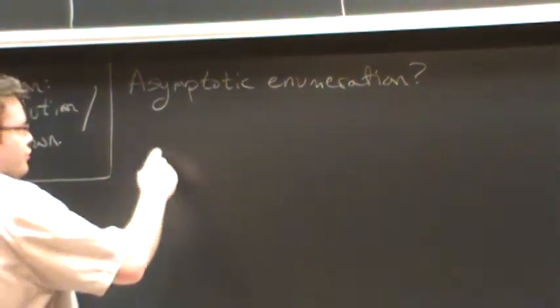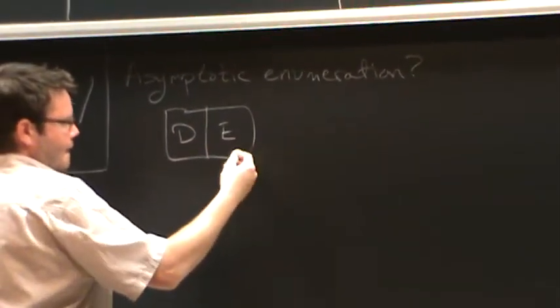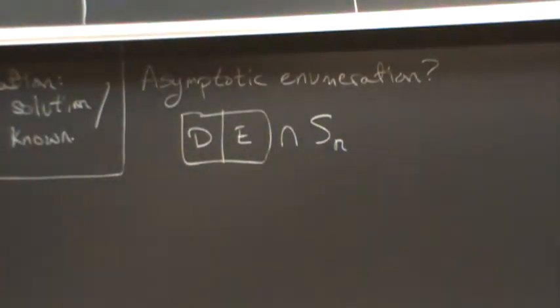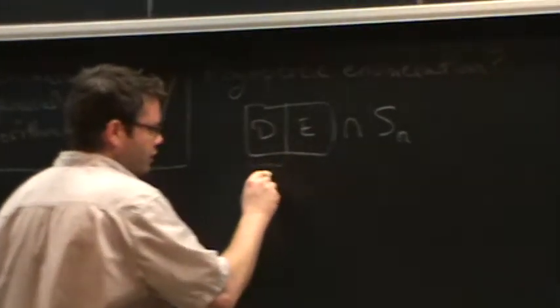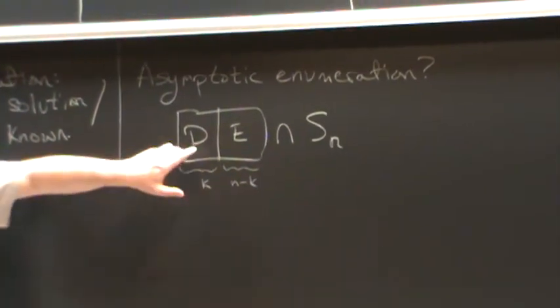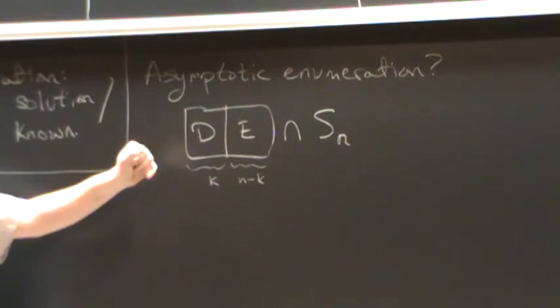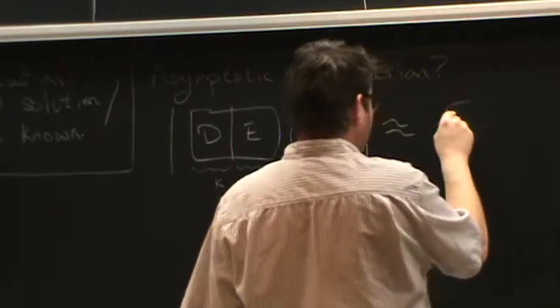Well, here there is a nice answer. If we take the number of permutations in this juxtaposition of length n, well, how do you form something from this juxtaposition? You essentially choose where this divider is going to go. And let's say that it goes k in, and then there's n minus k here. So you choose where the divider is going to go. You choose something from D of the right length, something from E of the right length, and then you choose the values for the thing in D. So the number of length n is very close to